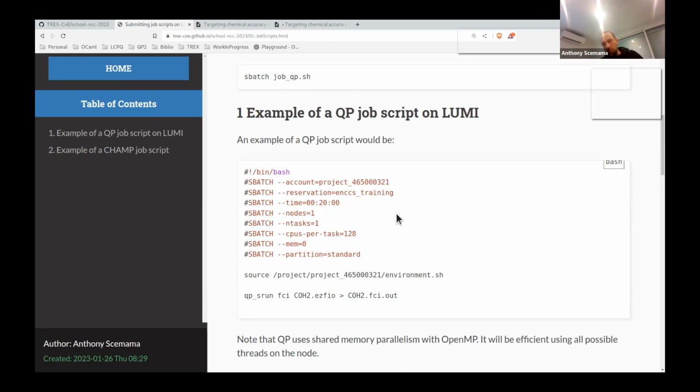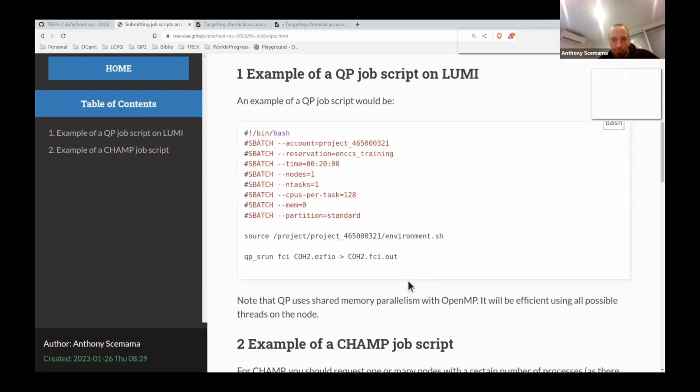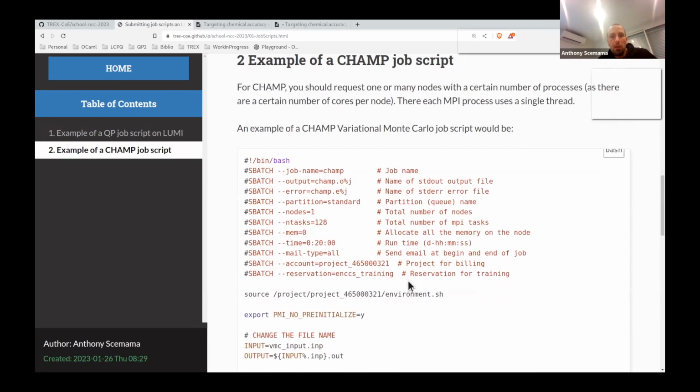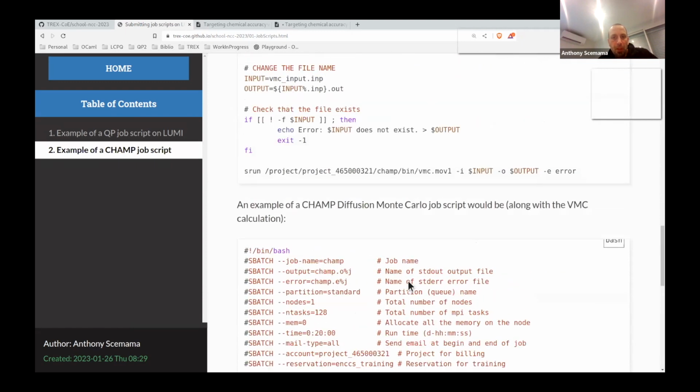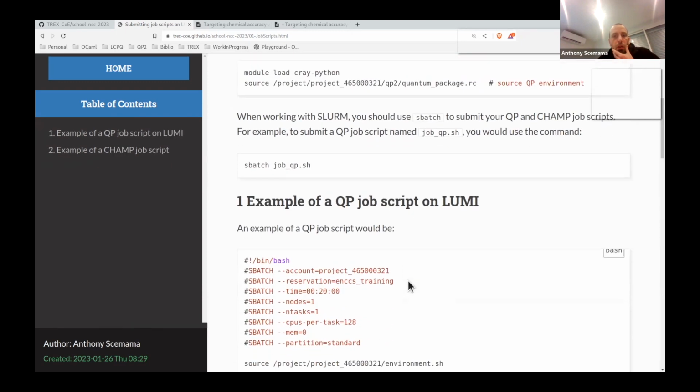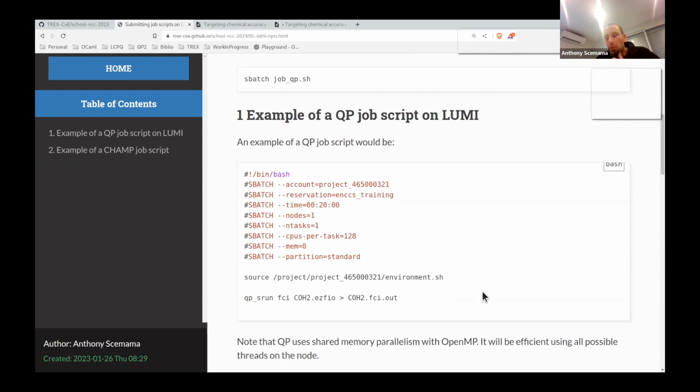We will refer in the next sections to this file here. And here you have examples for CHAMP below. The two programs have different ways to handle parallelism. Quantum package is OpenMP.